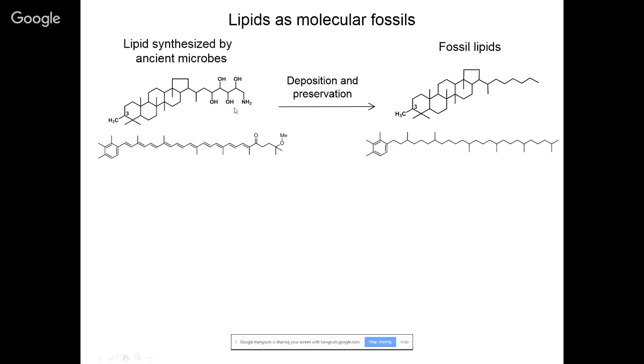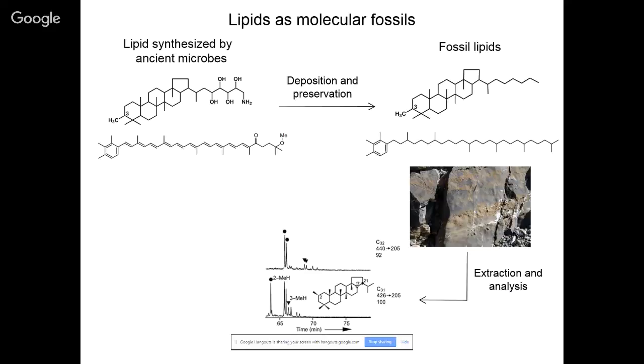And in the process of that sediment becoming a rock, this process of diagenesis, the majority of the organism is lost. DNA, RNA, that stuff isn't preserved. But things like these lipids are actually well preserved. We lose some of the hydroxylations that you see on these different molecules, but the basic structure can be maintained. Geochemists are able to go into these rocks and actually extract them and detect them. And they have methods of looking at these molecules and making sure that they're indigenous to the rock and they're as old as the rock itself.